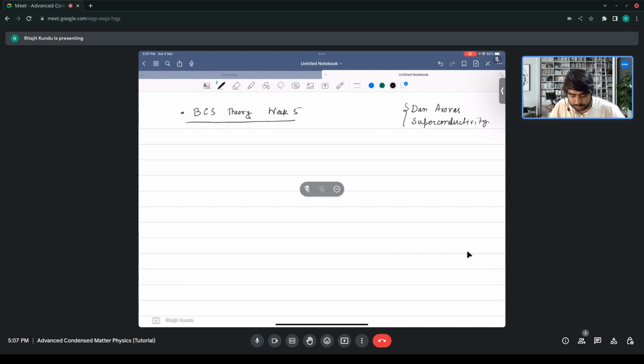First of all, let us write the BCS Hamiltonian. The BCS Hamiltonian is given by this thing. Again, this is a reduced BCS kind of Hamiltonian. What do I mean by that? I'll just show you. The Hamiltonian is given by the dispersion,